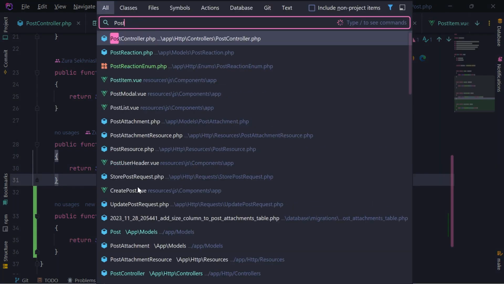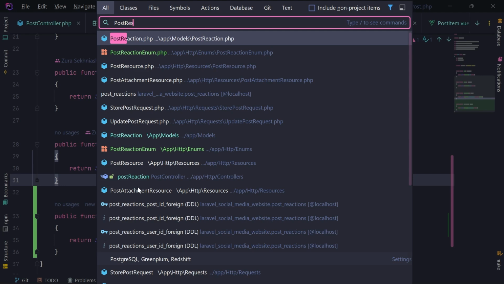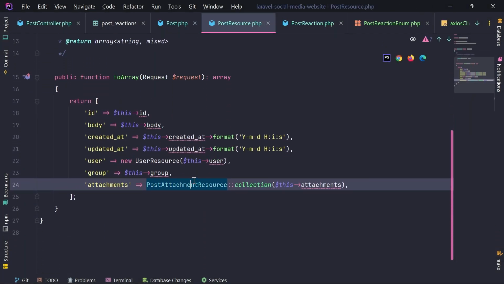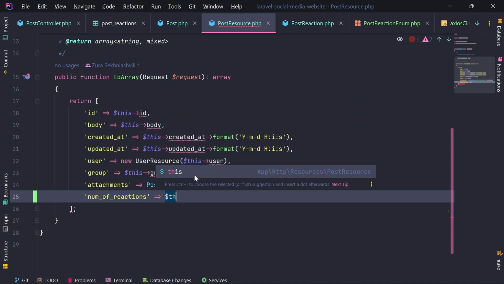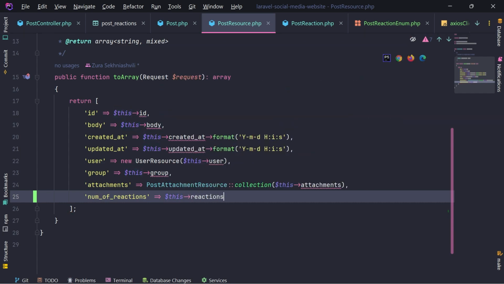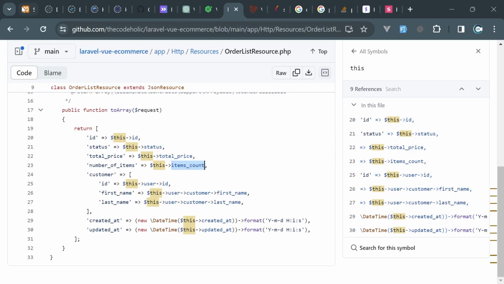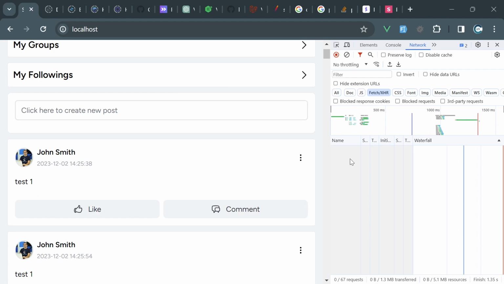So if I open now post resource, we are going to return reactions, okay, or let's call this num of reactions, and that's gonna be this reactions underscore count. This is how it is. Num of, semicolon is not necessary here. Num of reactions. Now if I reload this page and have a look